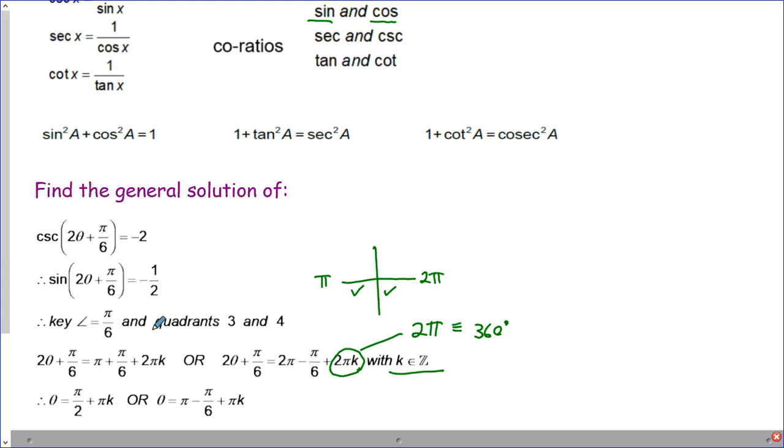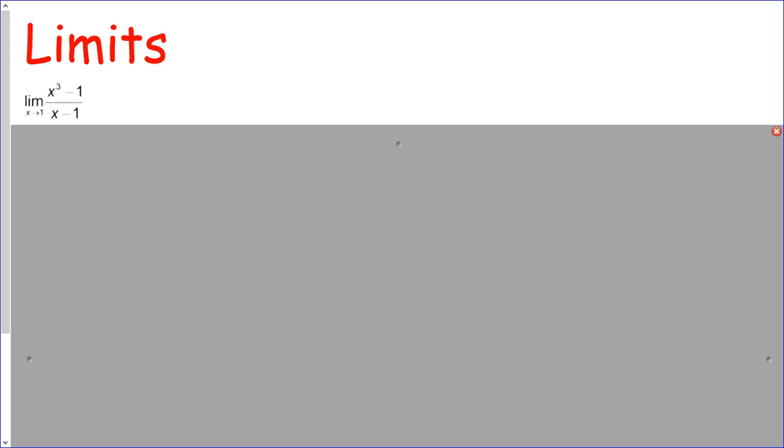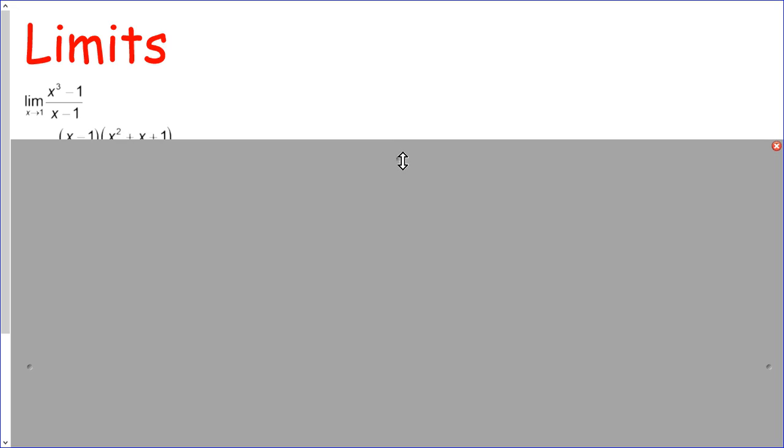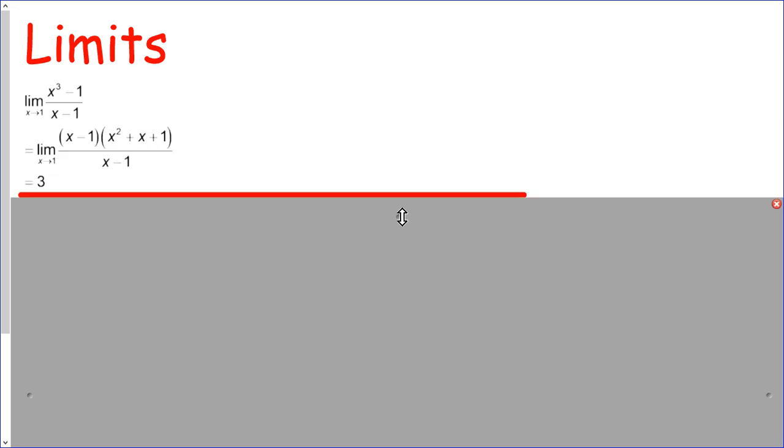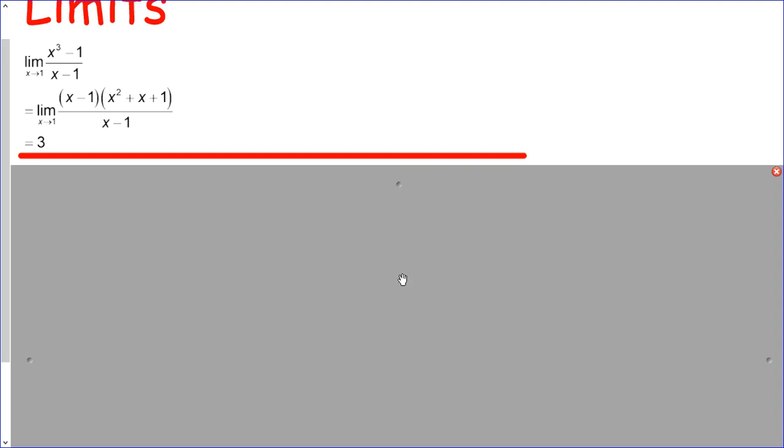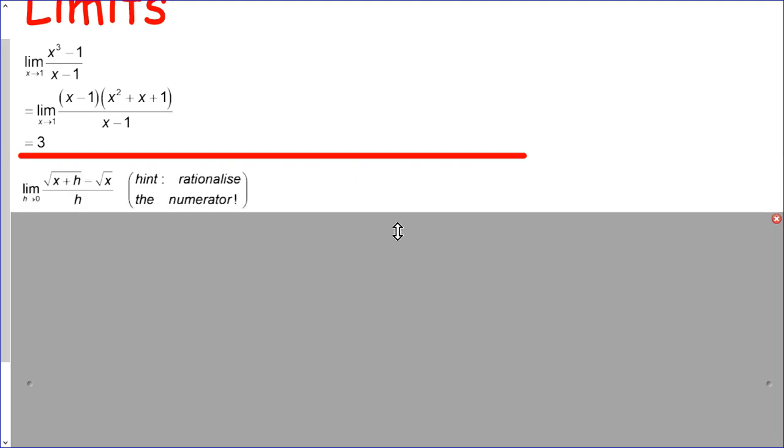Okay. Right, we're going to move on to some limits, and this limit question in fact could be asked just in a core maths question, and it involves factorizing. All right, so there we go. Let's look at another one. This one over here,